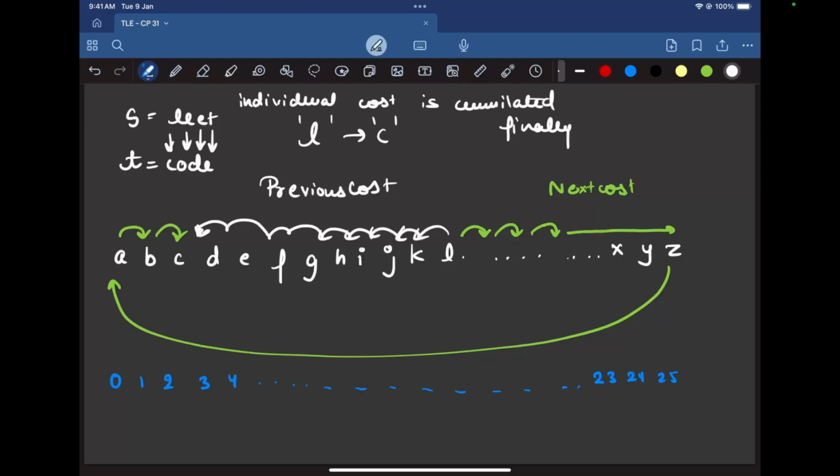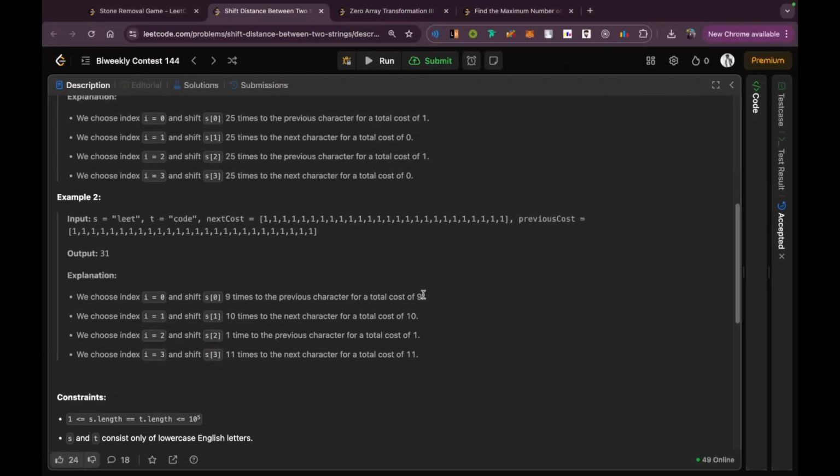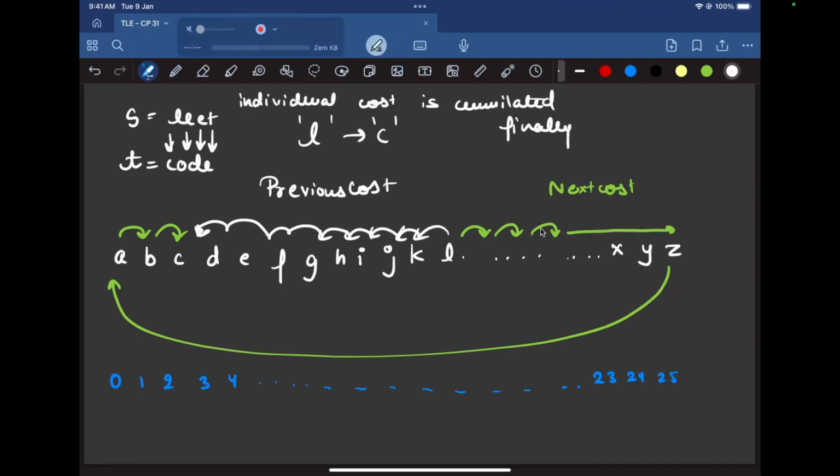That is why we said, okay, add up our answer 9 for conversion of L to C. But maybe it could have happened that in some other case, this path, that is the forward green path that we took, would have been much more preferable. It can happen, right? This is this test case, so we are limiting ourselves to the value, but that's not sure. Maybe the next cost and previous cost array were given in such a manner that this green path was